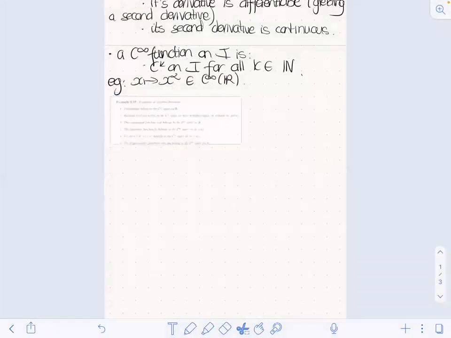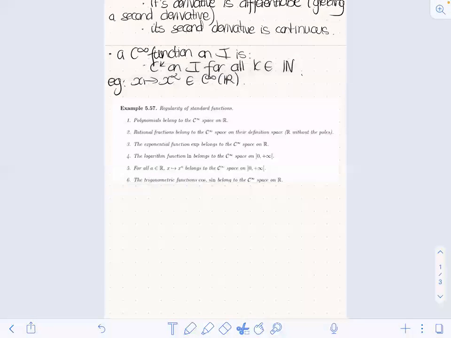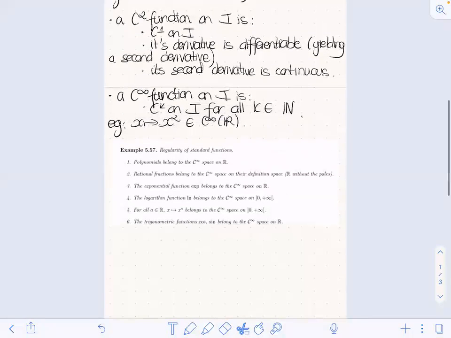Polynomials are C infinite, rational functions too, exponential functions too. As I was saying, you've really got to work at it to construct functions for which things start to go really quite wrong. But a lot of the times, maybe just one side note before we take the break, a lot of the times, if you're asked where a function is continuous and differentiable,